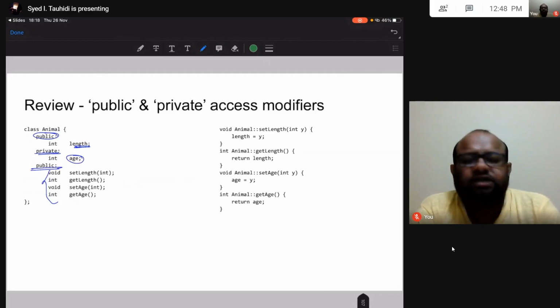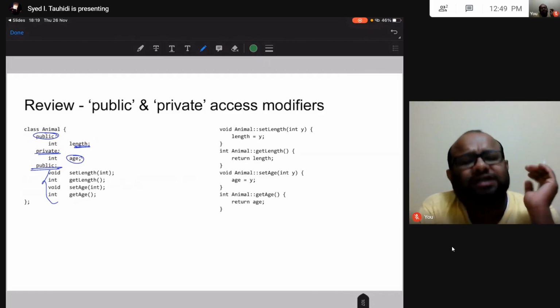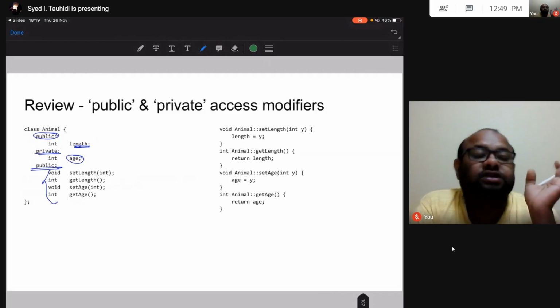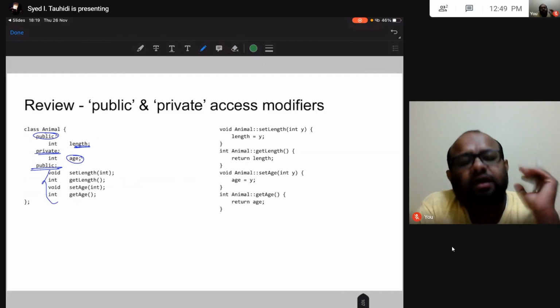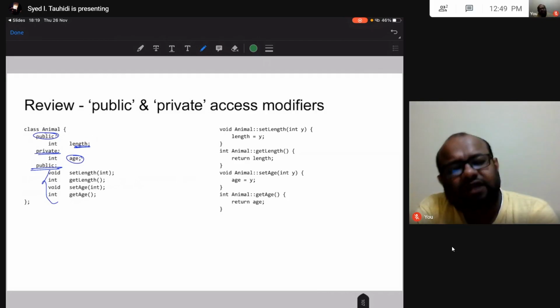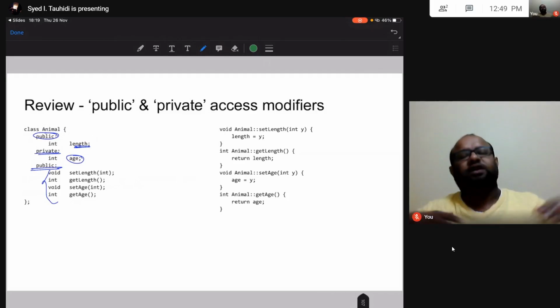This is just to demonstrate that you need not always start with public at the top of the class. You also do not always need to start with private data attributes at the top of your class. You can start with public, you can start with protected, then you can write private, then you can write public again, private again. You can keep on doing whatever you want.